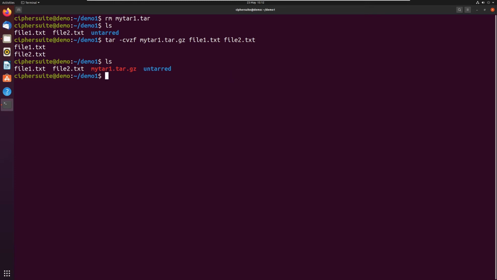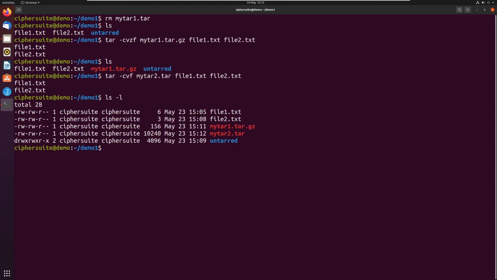So I'll write it, I won't be lazy. tar cf my tar2.tar, no gz, and we'll go file1.txt and file2.txt. Okay, so now if we ls, we can have a look, and we can see my tar2.tar, the one that